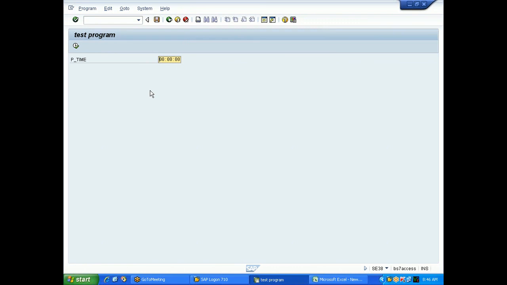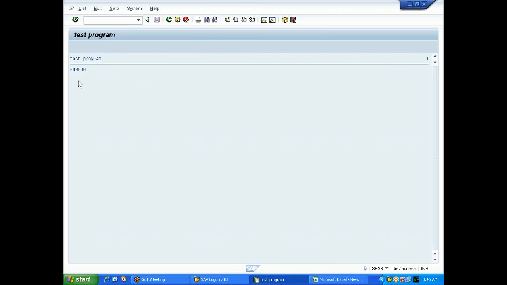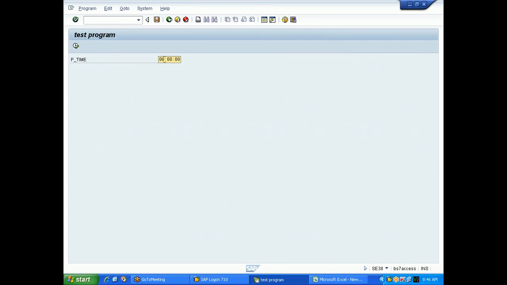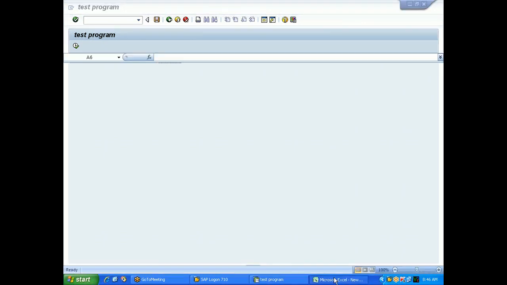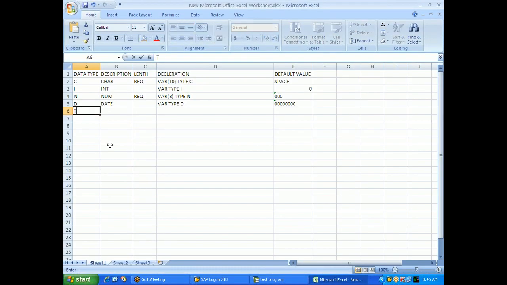So for the time also the length specification is not required. It is coming like 0000 separated by colon, and if you execute, the default value will be 6 zeros. So the first 00 stands for hours, minutes, and seconds.